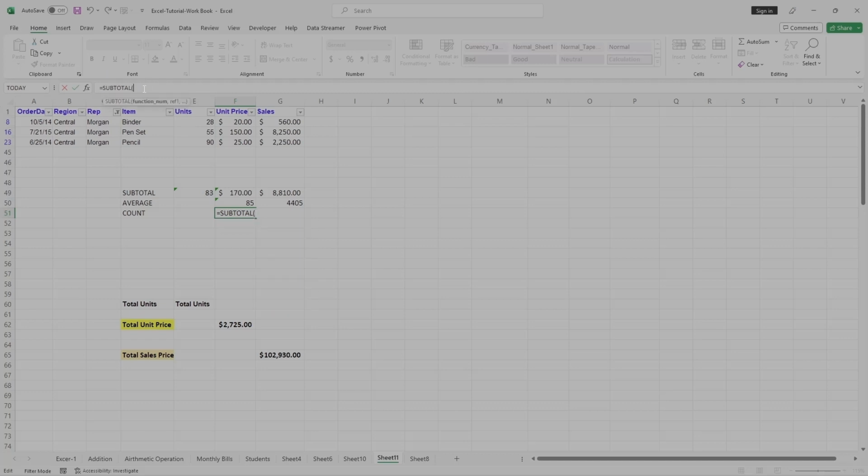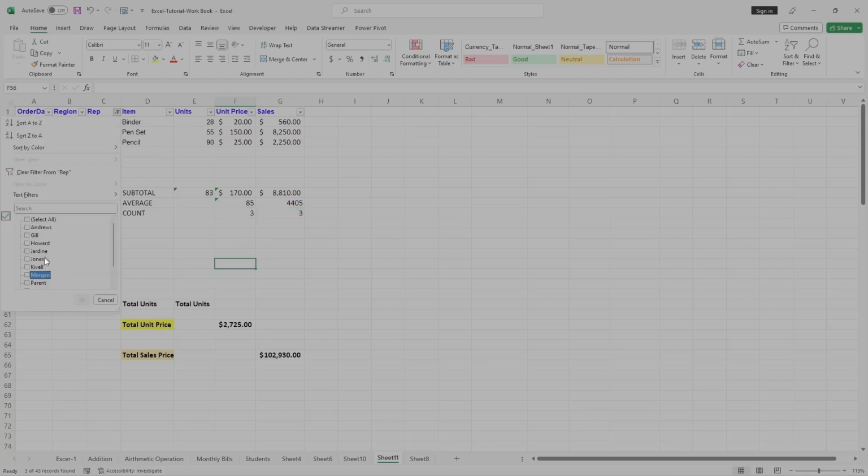For count, we need to use 2 and enter the comma and select the range. So this is a small items. So we know that count will be 3. You can copy the formula across other cell to find out the